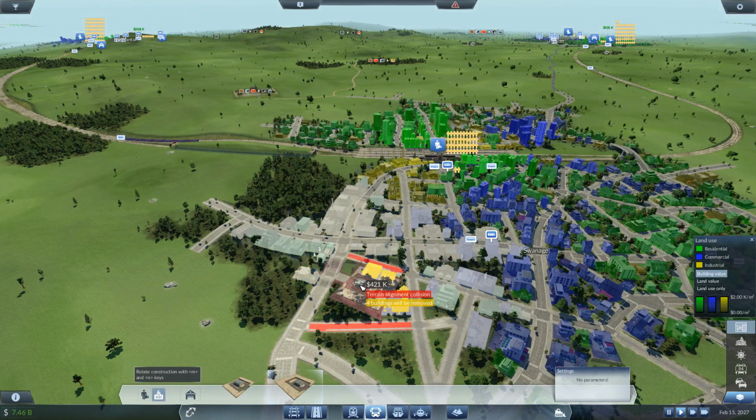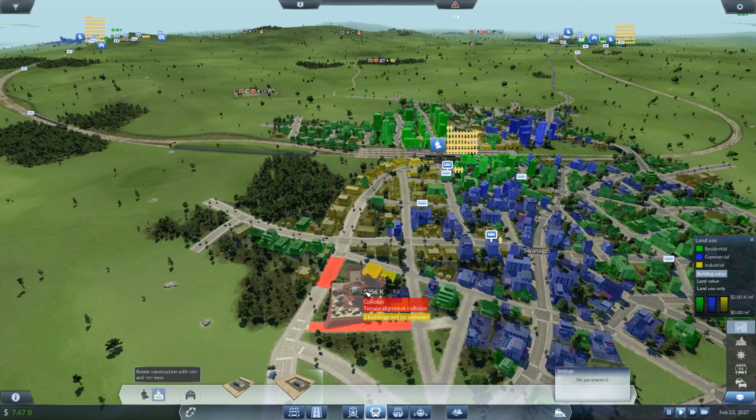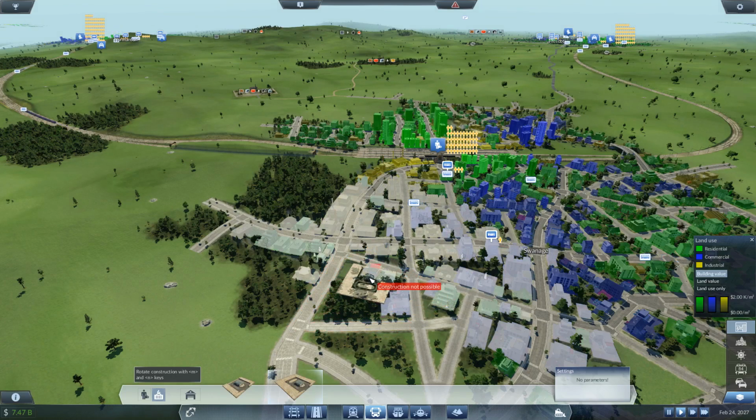Yes, yes, terrain and all that nonsense. Screw you, game. This truck stop will be going in, and there's nothing you can do about it. Yeah, we could probably get some Megawatt industry in. Or near the industry, the